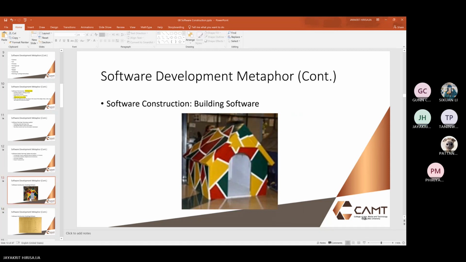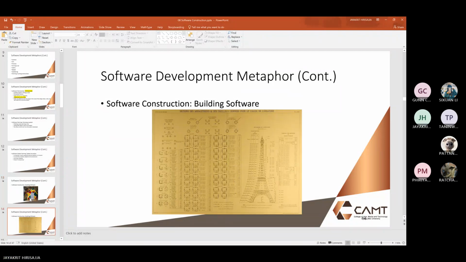So to construct software, you should have an idea of what you are going to do. For a small piece of software, yes, you can develop it without any plan, but for a large project, sometimes you need a plan, you need better preparation, you need a lot of team members,